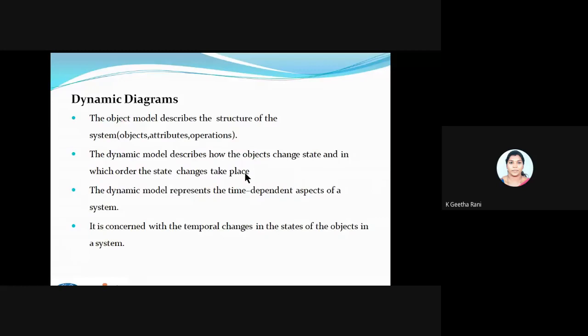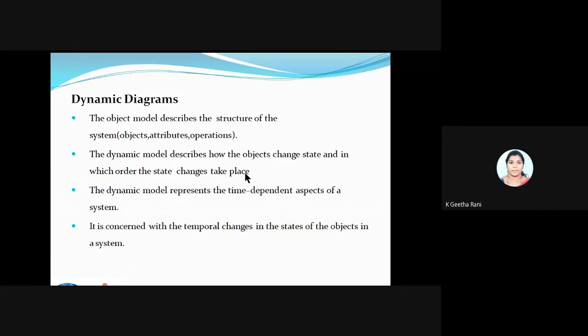You can see the second point: the dynamic model describes how the object changes state. Since I'm going to capture a moving thing, the state matters: from which state it is going to change into another state, how the object is going to change its state, how this transition takes place. So we have to draw this in a very careful way.